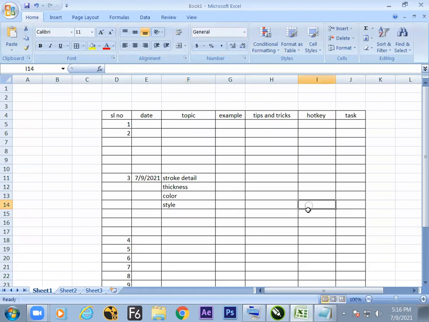Example of the day, or hotkey of the day: Alt plus Enter. Very simple software it is. Enough jobs are there. One software is enough to make your career. That much depth the software has. Anywhere you go into the market, CorelDRAW artists are always in demand, from DTP centers to publishing houses.